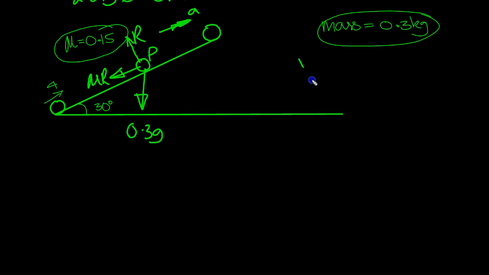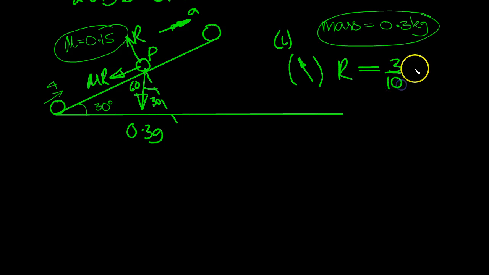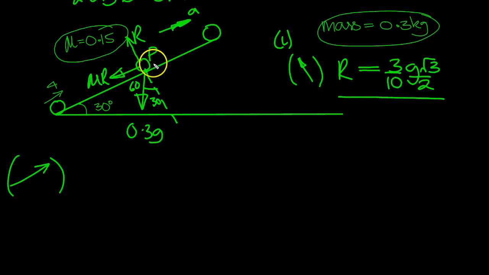So let's resolve the forces for part 1. First of all, there's no acceleration in this direction, so R is equal to the other force in the other direction. This is 30, this is 60, so this is 30. 0.3 g or 3/10 g times cos 30, which is root 3 over 2. So there's R. Now if we go up the plane and apply F equals ma, we've got minus mu